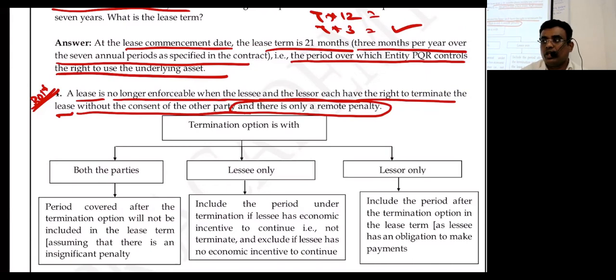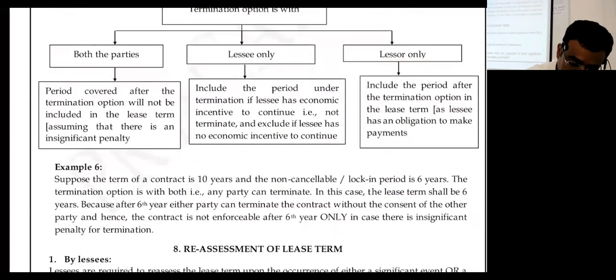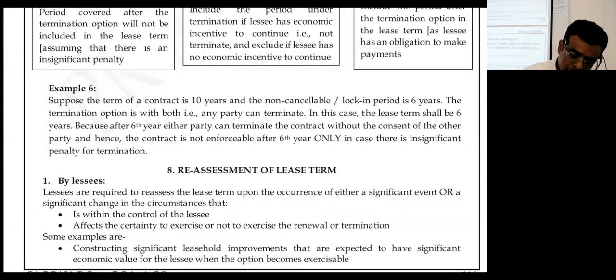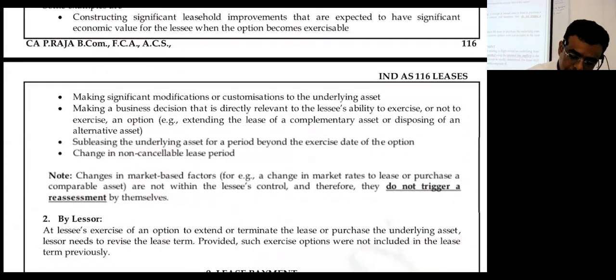A few things will be new. Underlying assets, right to use of assets, how it is created and how the liability is created, maybe only that is new. Everything else you have already studied. Today, whatever you are learning might be completely new. Yes or no? But tomorrow, most of the things I will be taking from what you know. Okay, so be very clear on that. We will complete this portion. Reassessment also, if possible, you can complete.